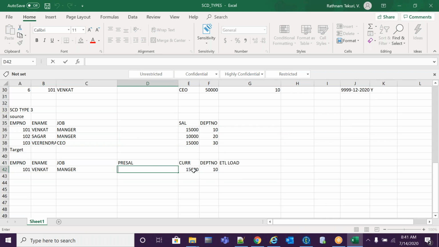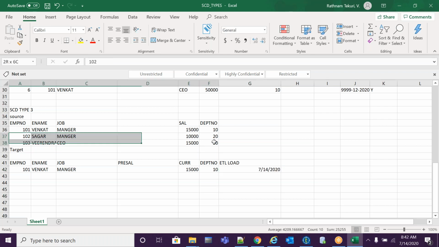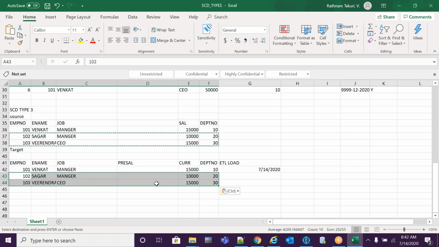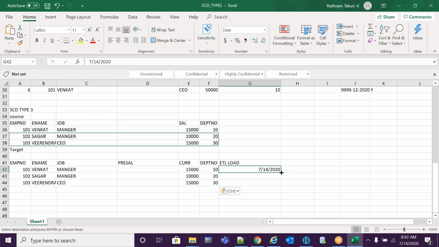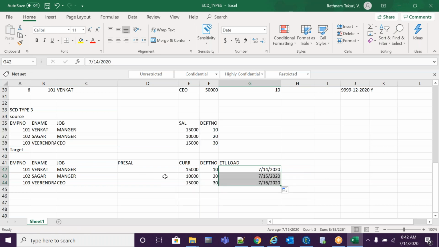First insert: this is the current salary, the DPT number, and the ETL load date as the current date, 07/14. The other records will also insert like that. Okay, it will load it. By default, previous salary is null.